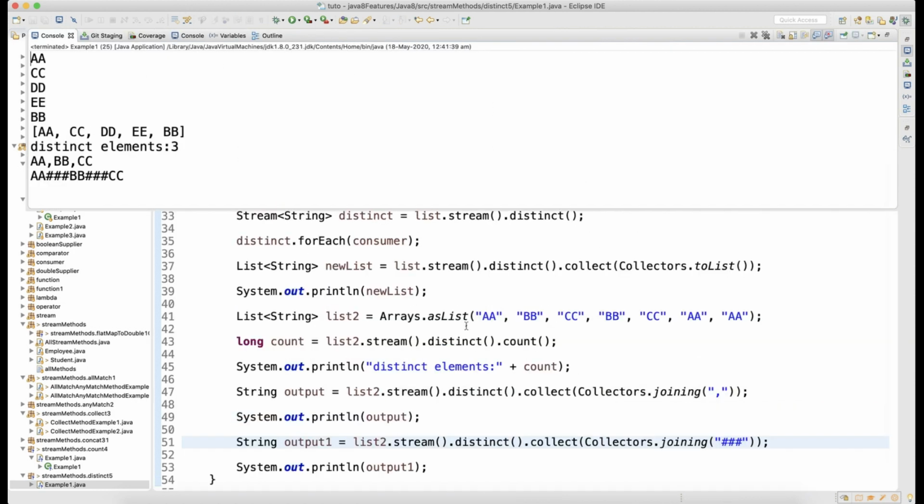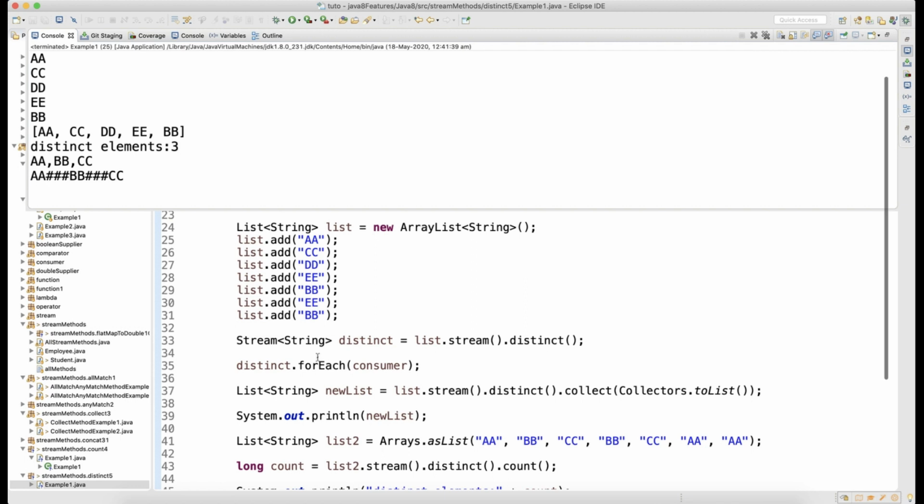See, in the beginning I'm running a for each loop here, at line number 35. That is the reason the data got printed one by one. Then at line number 39 here in my Eclipse, I'm printing the new list. Look at the new list: whatever duplicate data was there, it was A, C, C, D, D, E, E, then 2 times BB, 2 times EE. Whatever duplicate data was there got eliminated and you have distinct data.